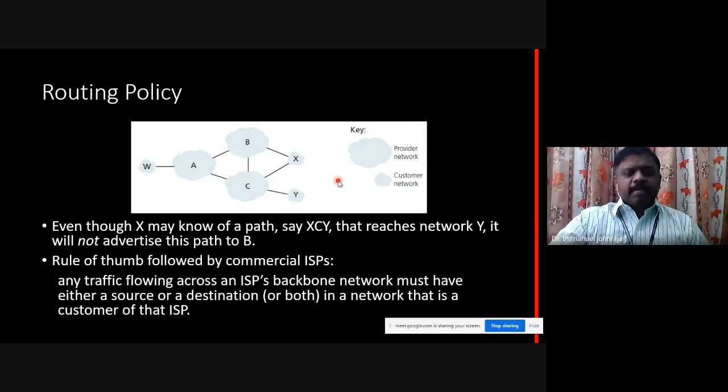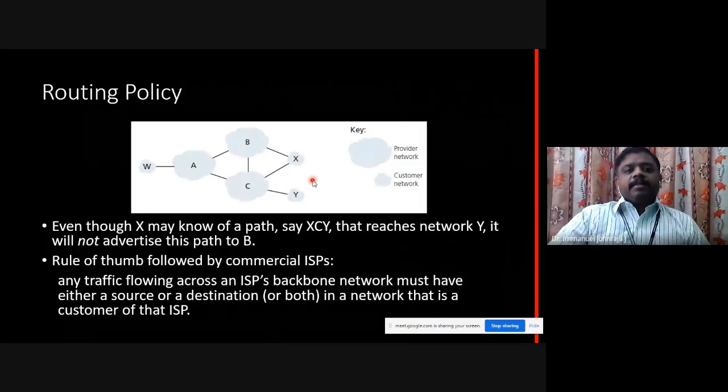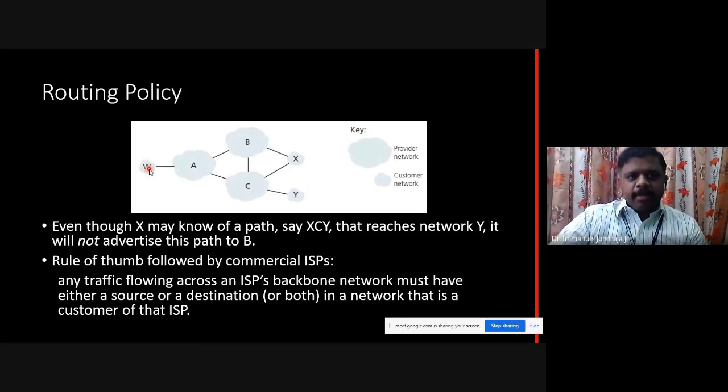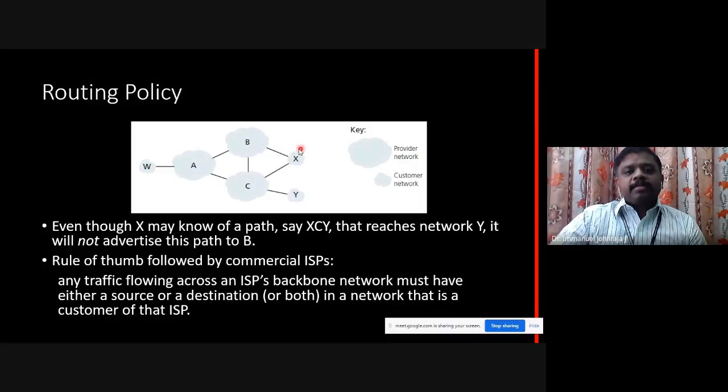In this example, autonomous systems W, X, and Y, these 3 are stub autonomous systems. What is a stub autonomous system? They have only one path to the autonomous system they are connected to. For instance, W has only one path to autonomous system A, Y has only one path to autonomous system C, and X has one path to C and one path to B. Though X is not a complete stub network, W, X, and Y are the stub networks here,